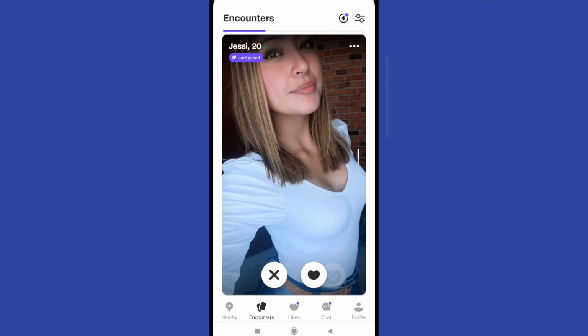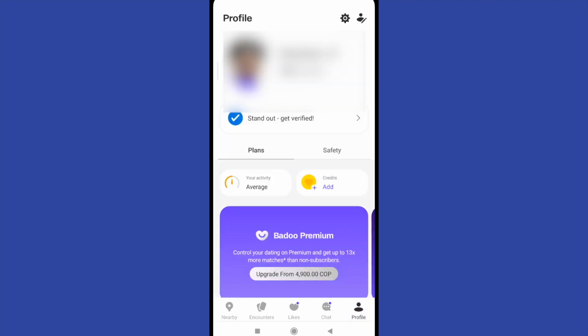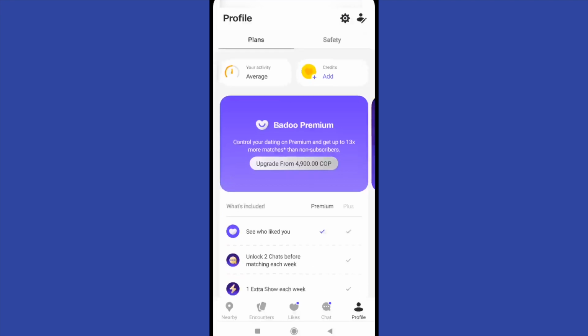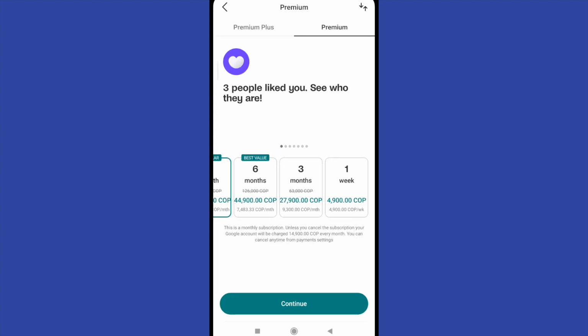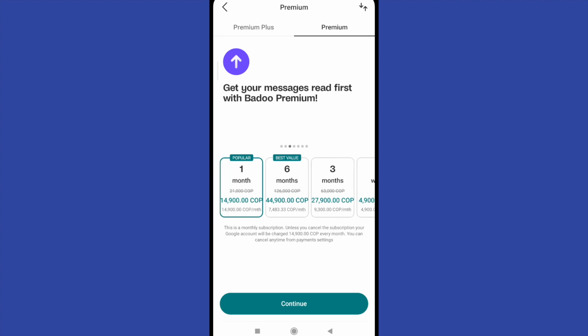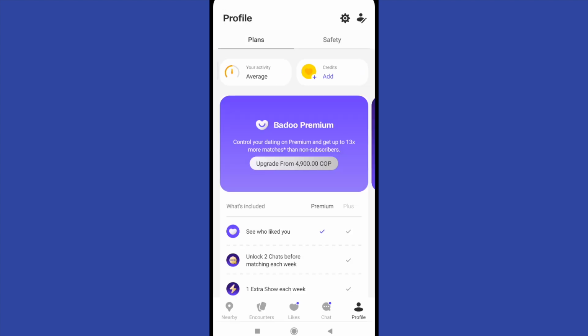If you want a premium plan, you must go to your profile, and then in this purple option, you have BADOO Premium. Then you can select different options, maybe 1 month to 3 months, and also less if you want, like 1 week. That's the easiest way to get premium, but perhaps if you don't want to pay for that,